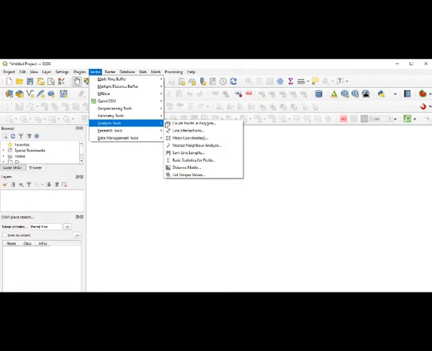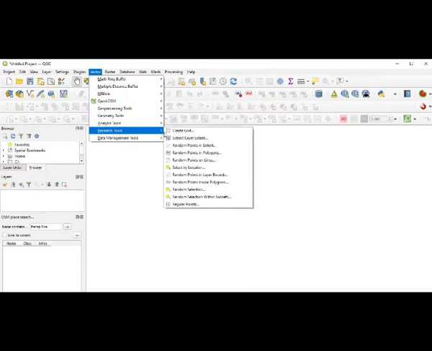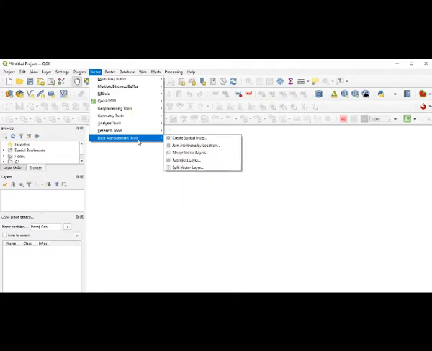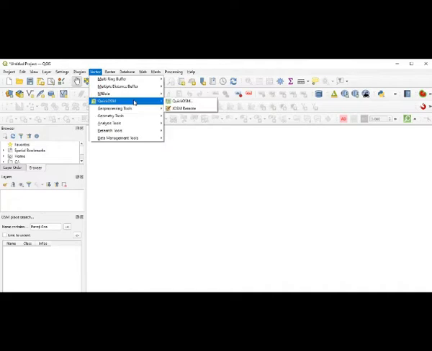So analysis tools are also there. Okay, all those things you have to take care of. Then research tools are there to carry out different sorts of data generation, data creation, data analysis, data presentation, and so many things. Then even data management tools are also there here, which will help us. And one more is there, that is QuickOSM. That QuickOSM will help you to open what we can say the OpenStreetMap layer. I will come down to that one a little later.